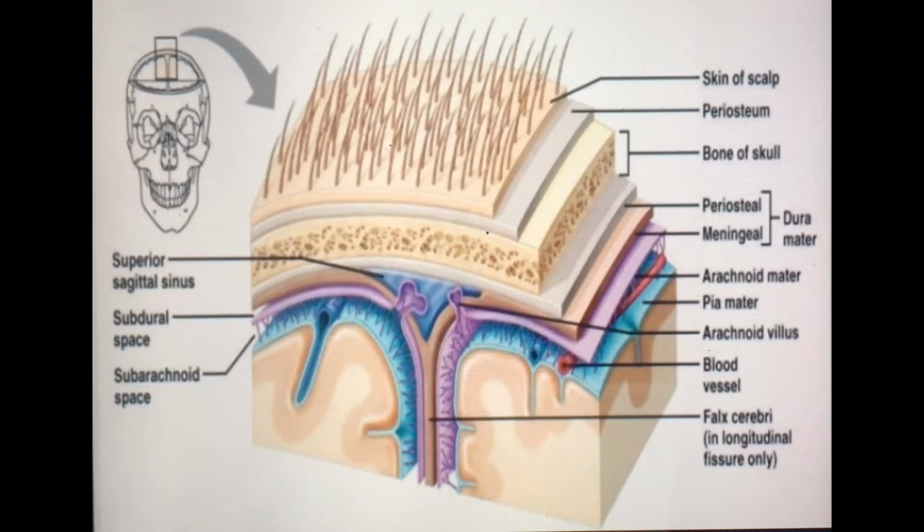Before starting intracranial hemorrhage, let's talk about an overview of the meninges and the spaces involved in the hemorrhage. The meninges are the dura mater, arachnoid mater and pia mater. These are tough membranes of connective tissue that protect the central nervous system, and they form spaces. The space above the dura mater is known as the epidural space. The second space is the subdural space, which is the space between the dura mater and arachnoid mater. The last space is the subarachnoid space. This space is between the arachnoid mater and pia mater.